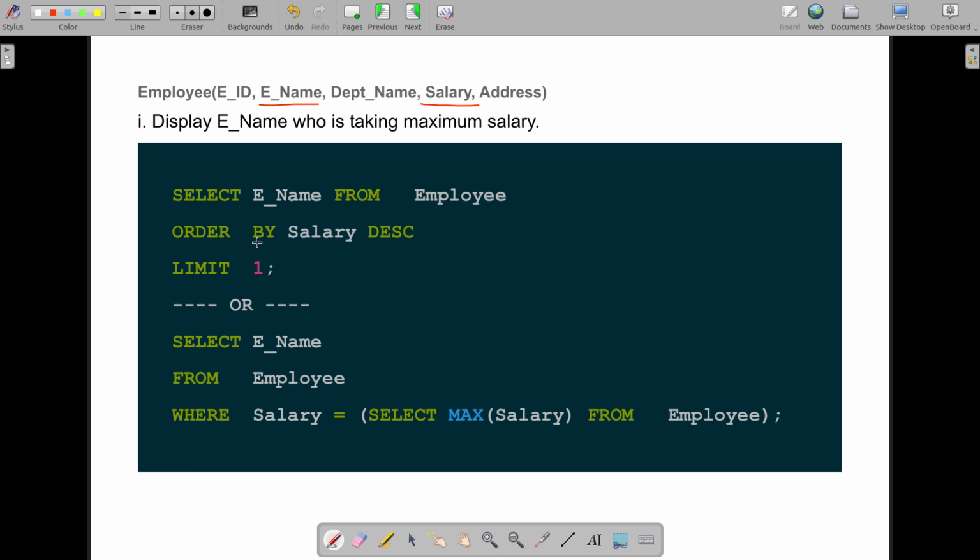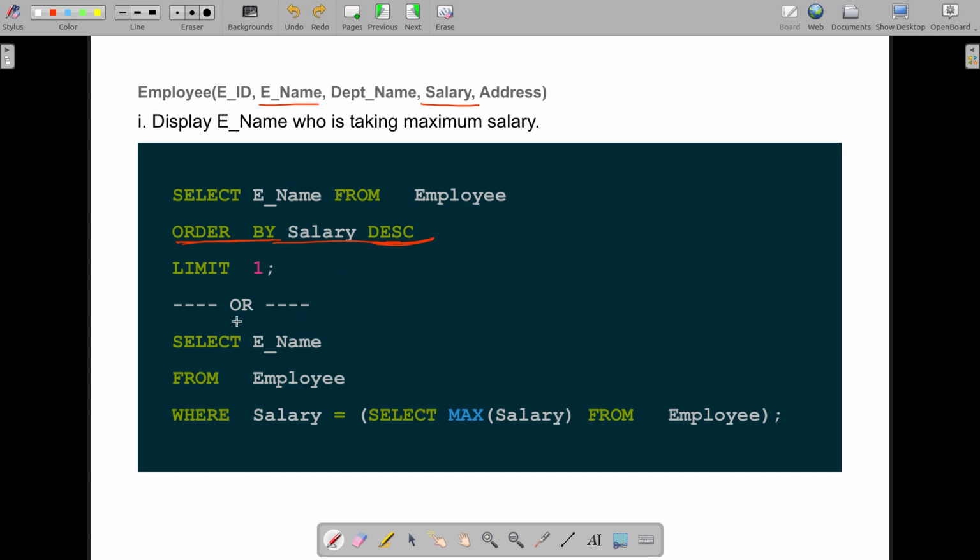One is using order by and showing the output in descending order, so that the person having the highest salary will be at the top, and because of this command the tuples will be sorted. And after that we limit the output by 1, which means we want to see only the top tuple, that means the person having the highest salary.